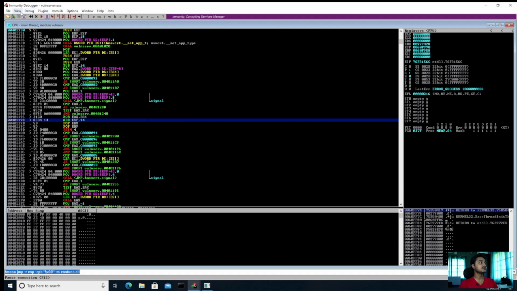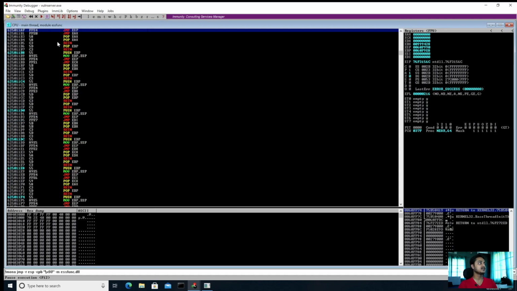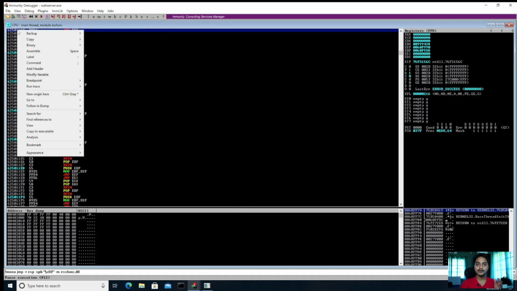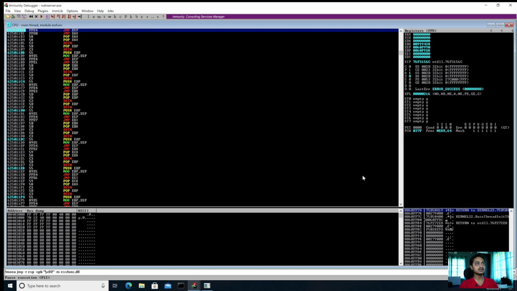Let us try to see the logs. So there are these 9 registers, 9 pointers possible. So let's go with the first one. Double click there and it will reach you to this part. Let us create a breakpoint here so that we can see whether we are able to reach this point or not. So if you go there, right click and then hit toggle, so you know that you are able to reach this place.